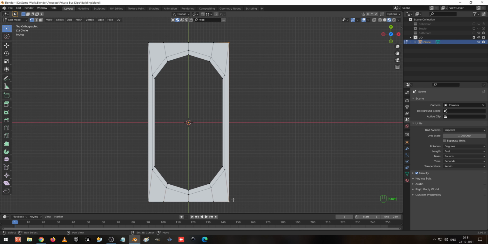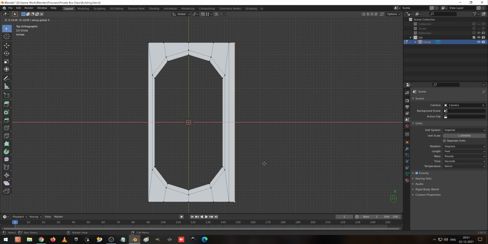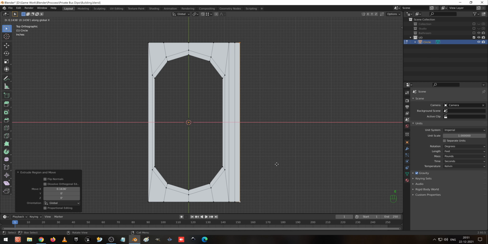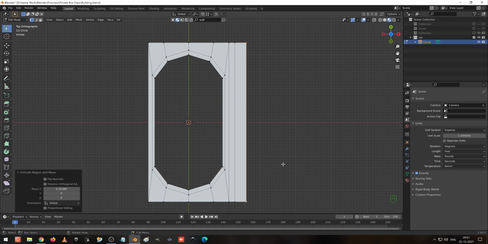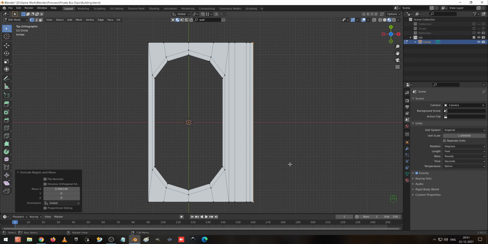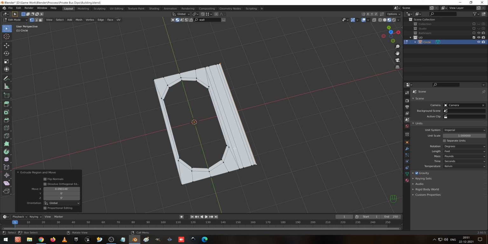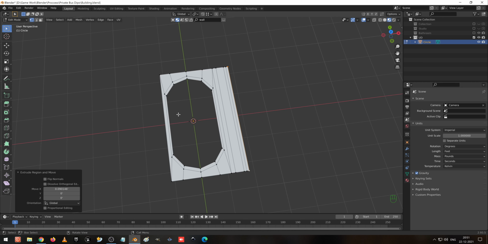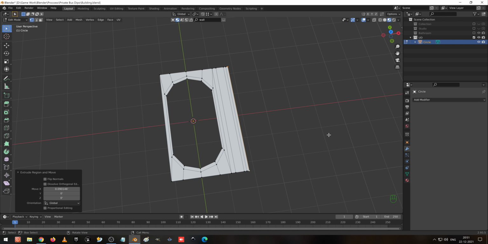Now select these two vertices and press E to extrude in the X axis, move like this a little bit. E to extrude in X axis, move up to here. E to extrude in X axis, move slightly up, and E to extrude in X axis, move a little bit further. In this we want the same depth and scaling on the left side as we have aligned on the right side. So for that I am going to do a simple step to make it even.